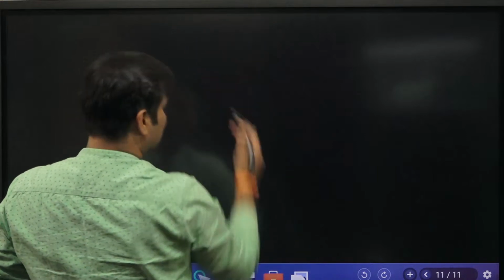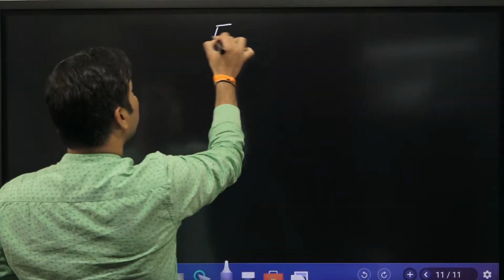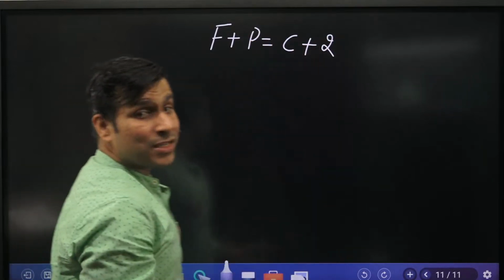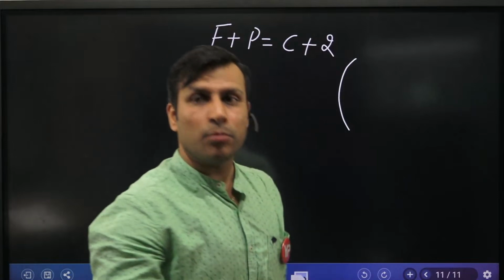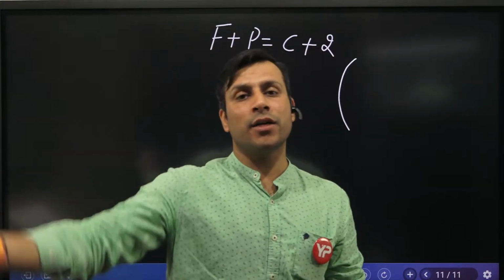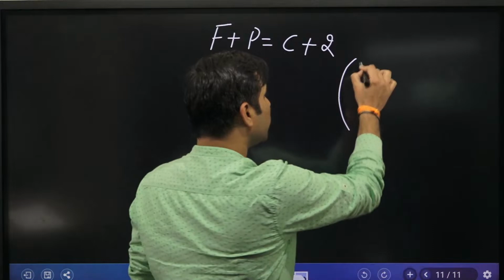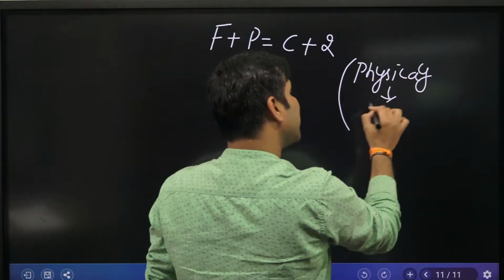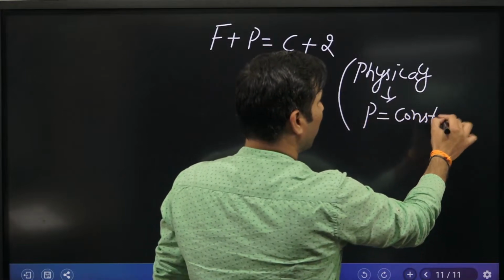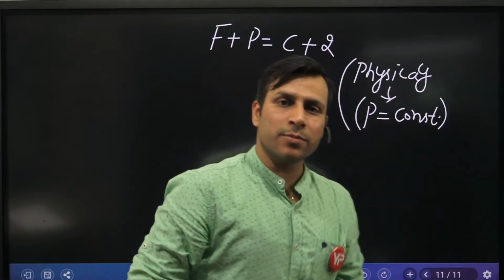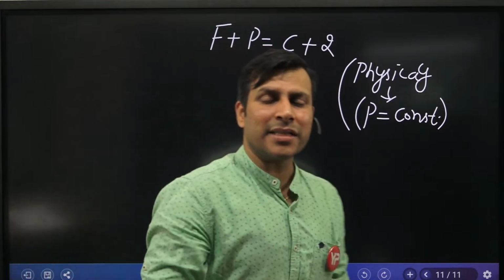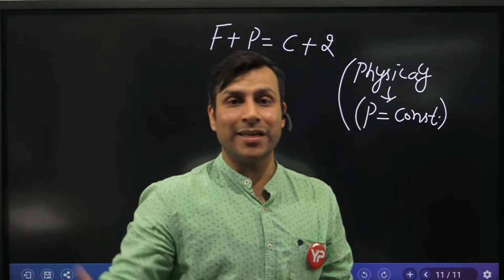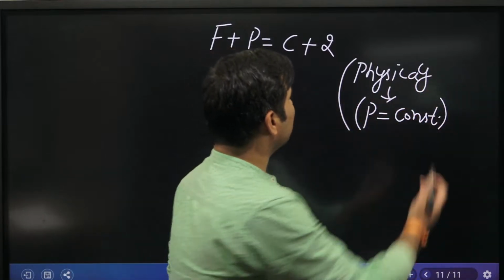Sometimes we write this expression like this: F plus P equal to C plus 2. Okay, so sometimes, guys, most of the physical processes are carried out under constant pressure condition. Okay, बहुत सारे जो आपके physical processes हैं वो constant pressure conditions में होते हैं. Okay, जब pressure आपने already constant कर दिया, like some water is flowing in some heat exchanger, something like that. Mostly we carry out boiling in some container, okay, open container. So in most of the physical processes,